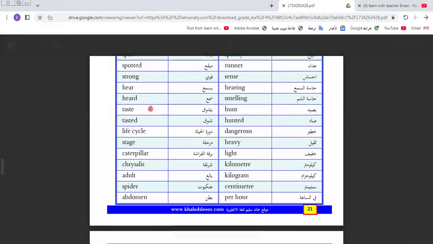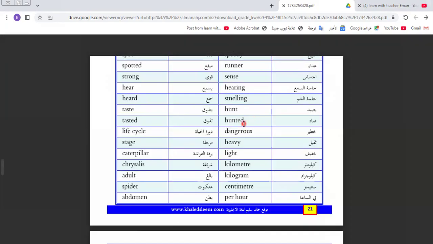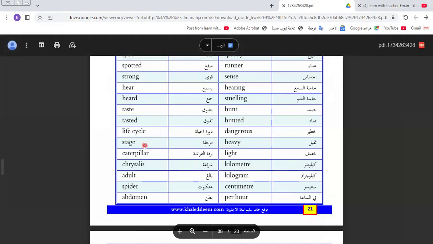Let's go to another one. Here we have test and tested. Test is the present form and tested is the past form. Hunt and hunted. Hunt is the present form and hunted is the past form. Life cycle. Dangers. Stage. Stage means the steps that anybody or any animal